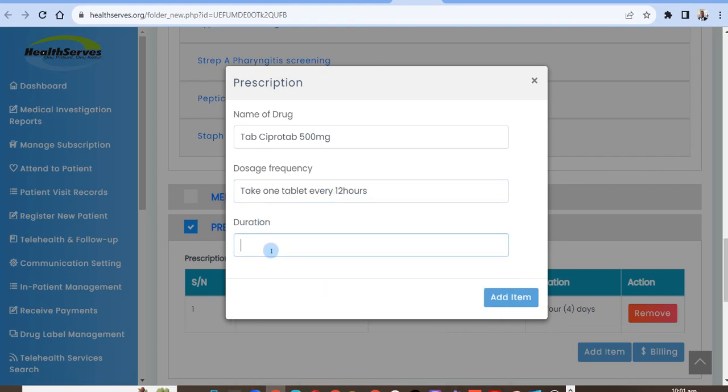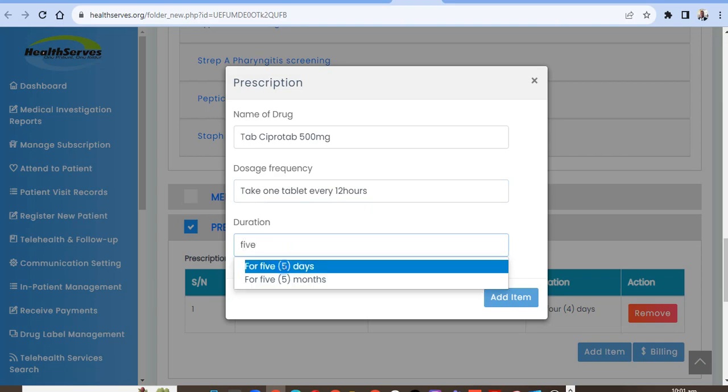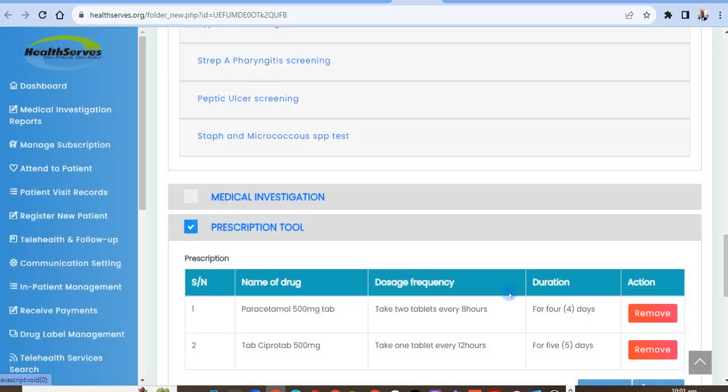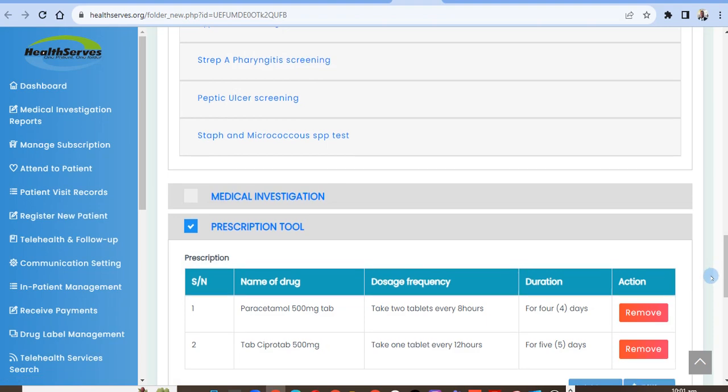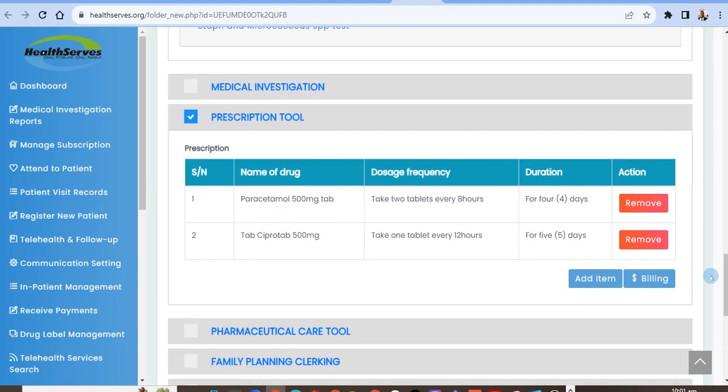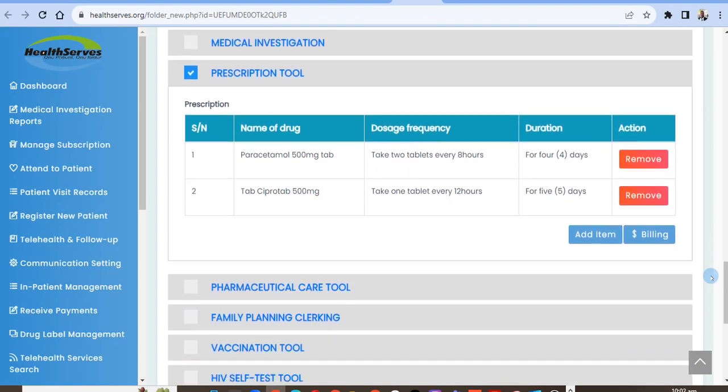Then duration, assuming it's for 5 days. So I put 5 here, 5 days, and I add. So you can see I finished the documentation. This will help you when you add the drug you are dispensing to the patient. This way, you will keep record of